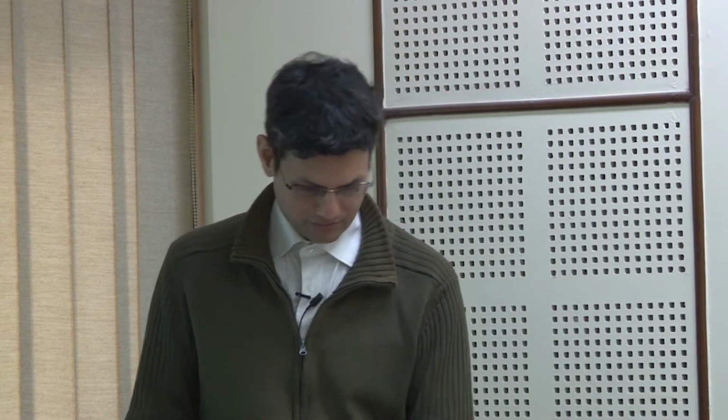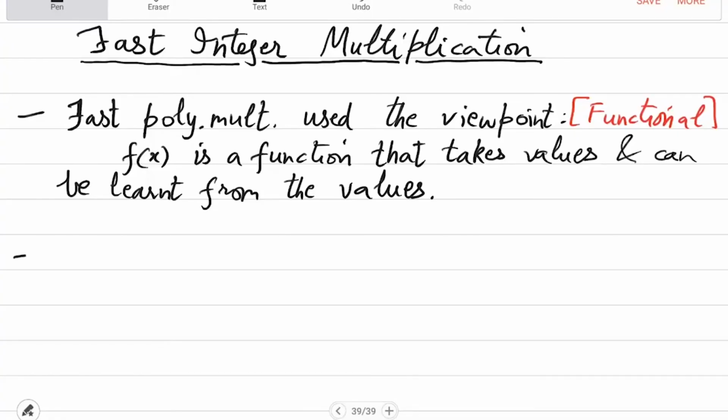So a similar thing you want to do with integers, but obviously integers are not functions. They are already constants. They are already values. So what is done is that we have to artificially create a polynomial, a function out of an integer, and then work with that function. So we'll define or design an auxiliary polynomial out of an integer.